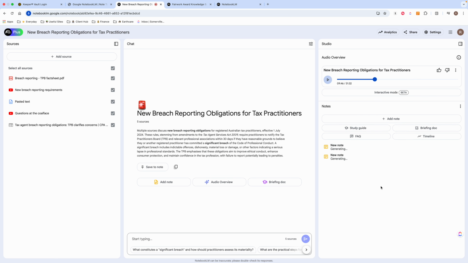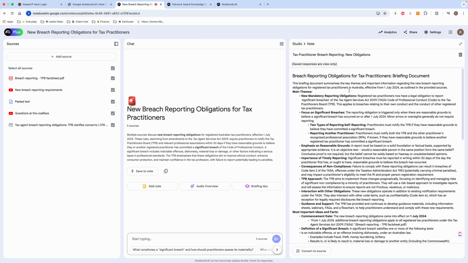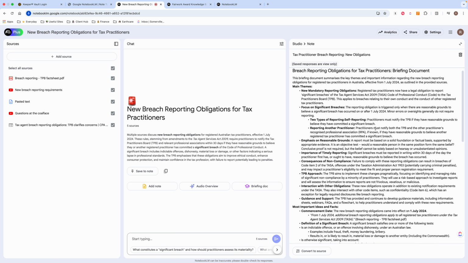So if there's something like, I remember when we were all doing single touch payroll and it was so overwhelming. If I could have put all of the different resources from the different places in here and then asked for a briefing doc, then that might have just given me not all of the information that I would rely on, but just given me an overview. So I'm just going to click into this. So this is the briefing document,